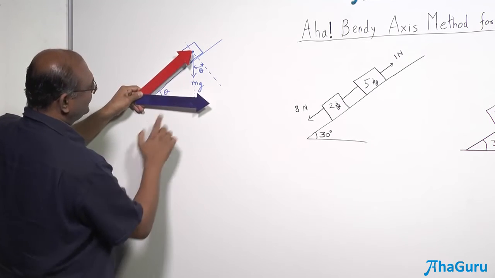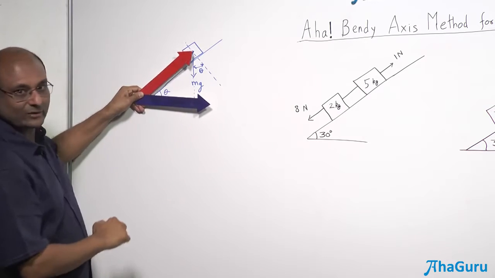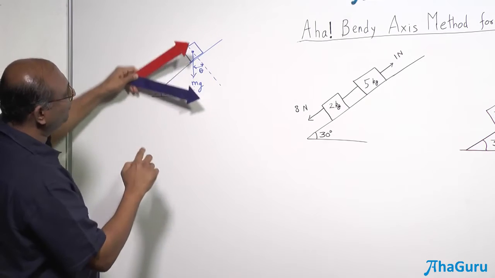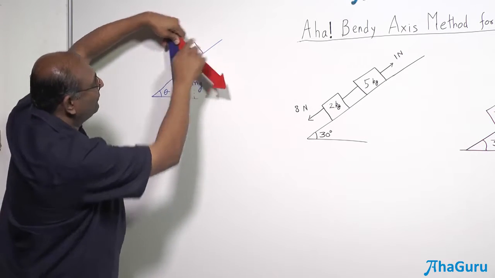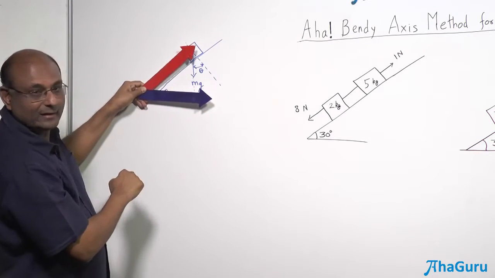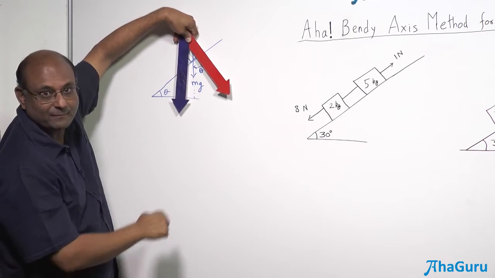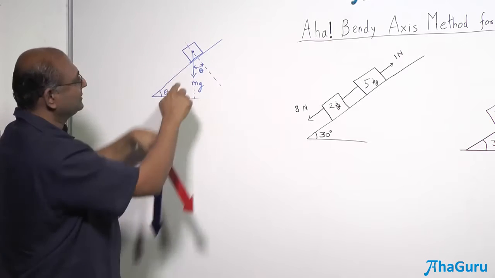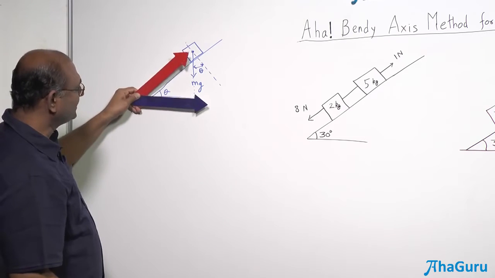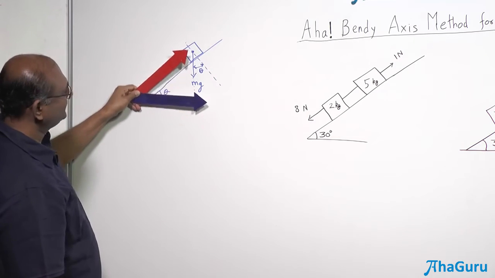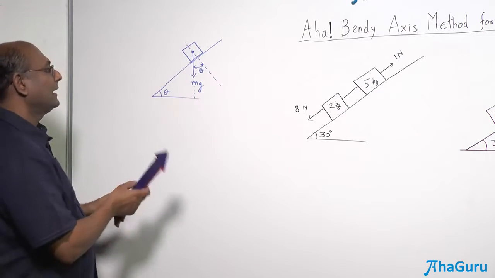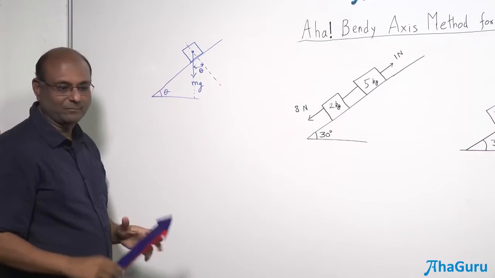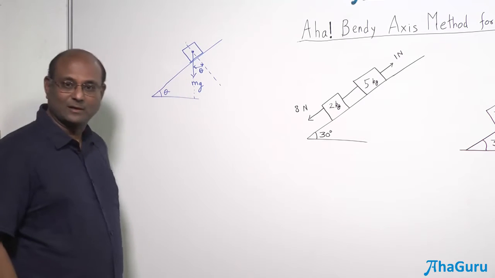Okay, so now if I keep it like this, how do I make a horizontal line into a vertical line like mg? Turn it by 90 degrees. But if I turn this fellow by 90 degrees, what happened to the one that was along the plane? It has become perpendicular to the plane. Perpendicular to the plane is called normal. So that means the angle between this and that must be theta. That's all I've written. Do you see? One way is to just do it visually, saying this thing has simply turned like that. If you don't like it, you can always say theta, 90, 90 minus theta, therefore theta. I will suggest spending some time to figure that out carefully.